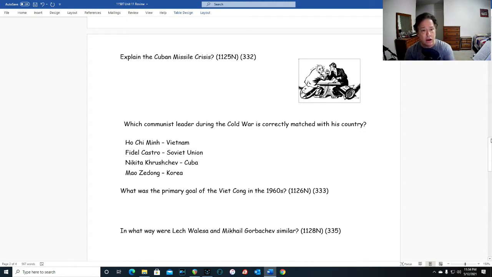Cuban Missile Crisis. We've got a picture right there of Nikita Khrushchev and John F. Kennedy in an arm wrestling match, and they're sitting on top of missiles. And that is a symbol, if you will, of the Cuban Missile Crisis. And that happened in about 1962. And basically, the island of Cuba in the Caribbean and the USSR were close allies. And Cuba allowed the USSR to install Soviet nuclear missiles on Cuban territory on the island, just 90 miles off the coast of Florida. And these missiles would have been able to strike deep into the United States from very close range.